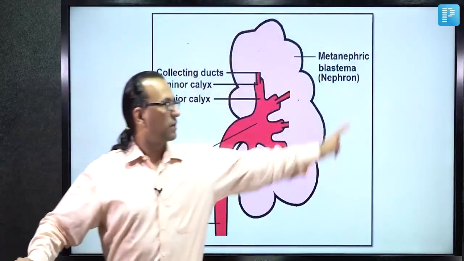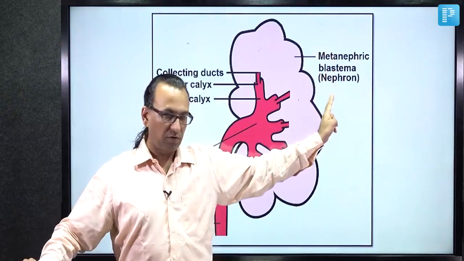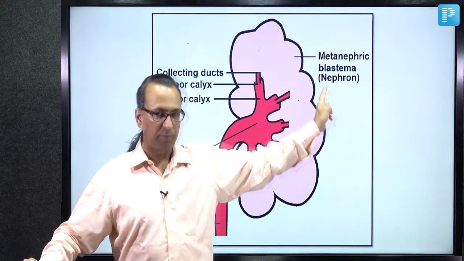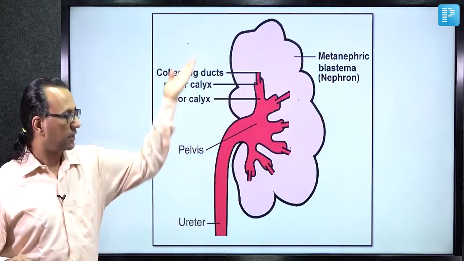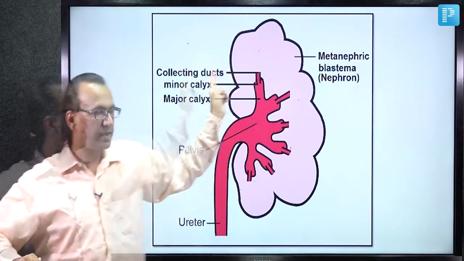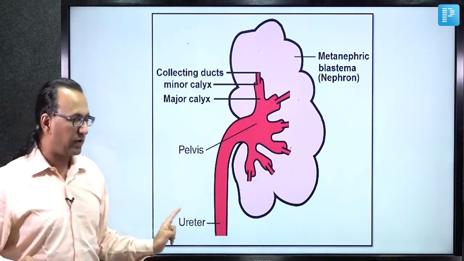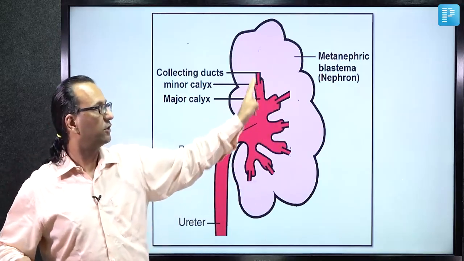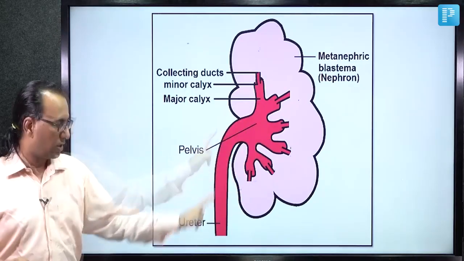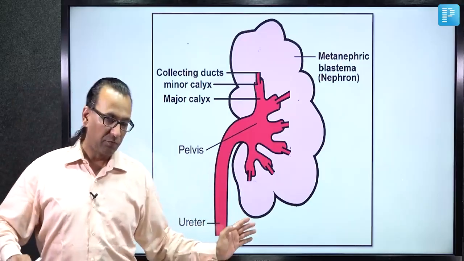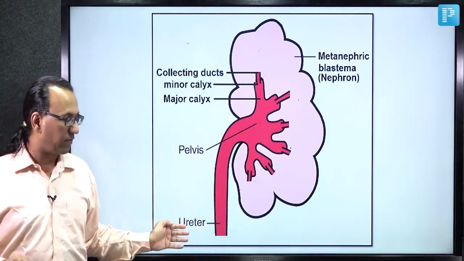Here we will understand that metanephric blastema is going to form nephron, which is having several components concerned with the formation of urine. But then the urine must be collected by the collecting system. These are the 5 derivatives of the ureteric bud. The urine will be collected by the collecting ducts into the major calyx and then renal pelvis and then moving into the ureter. Let us look at a table which will tell us about the 5 derivatives of ureteric bud